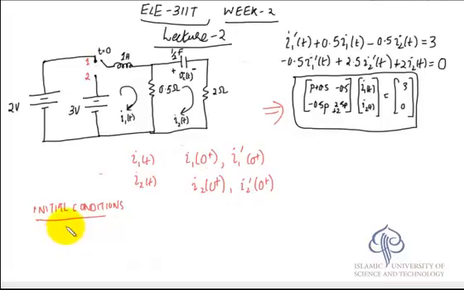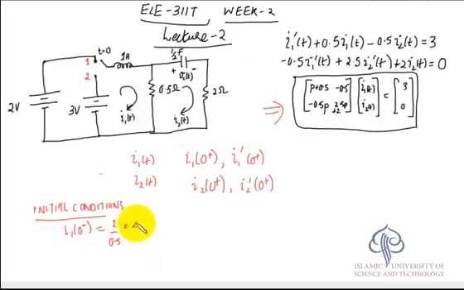Let us first see what is I1(0-). You'll get it because this whole thing is in steady state before the switch is thrown to 2. In steady state, this inductor will behave like a short circuit and this capacitor would be like an open circuit. So all the current is going to flow through this first loop, and no current is going to flow across. So I1(0-) is simply 2 divided by 0.5,